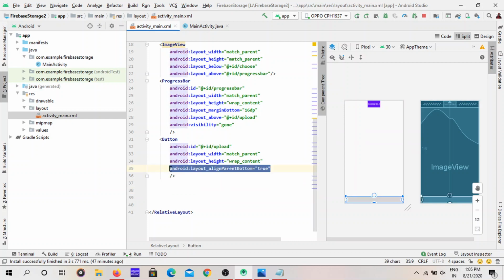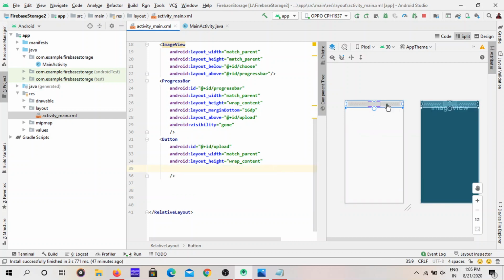And let's take this line and see, it is somewhat odd, very odd, very ugly and blunt. When we keep this, we are saying in the XML file that this button should be aligned to parent bottom. This is the parent button, this should be aligned to this parent bottom.